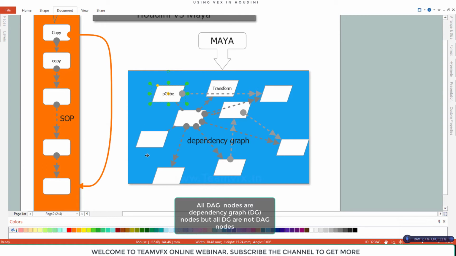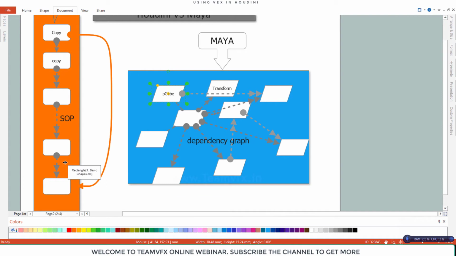So this is actually a dependency graph. We don't have a node structure in Maya like this. That is the reason it was very tough for artists to work node based. Obviously Maya is a node based software, but we can't work using node by node, because we can't control them as we do in Houdini.